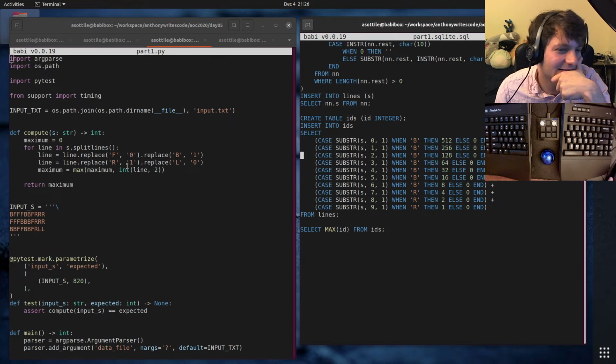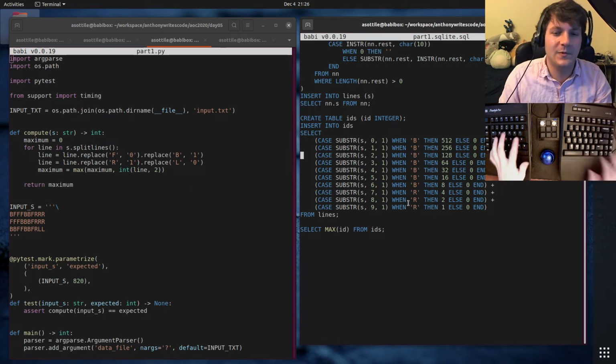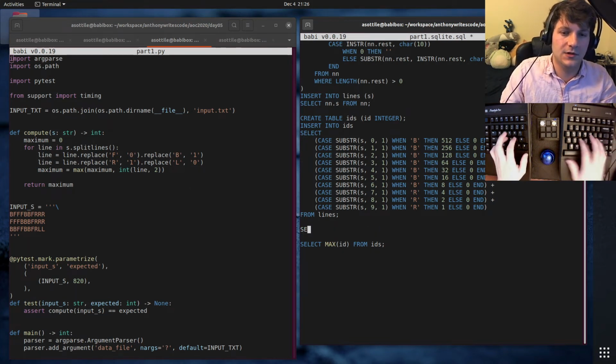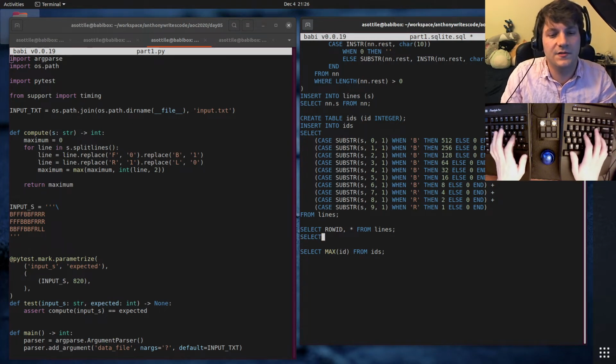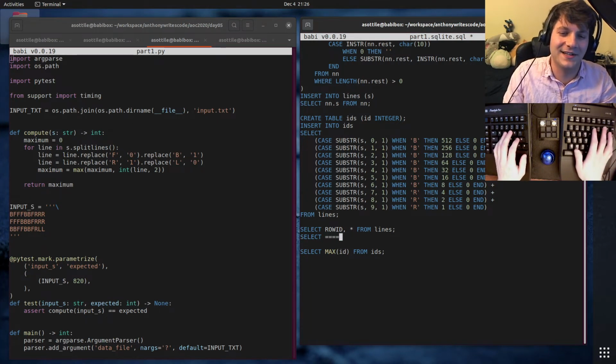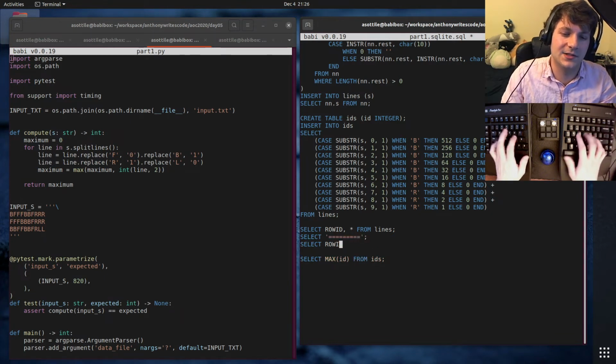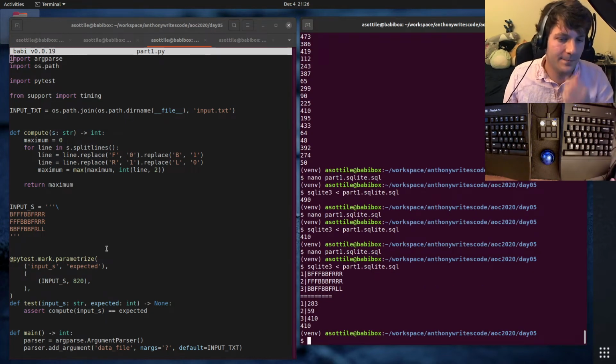Okay. What am I messing up here? Well, we can just do select star. I wish there was a good way to put a blank line in here. I guess I could just do that. Select ID, comma star, from IDs, so we can figure out where we go wrong here.